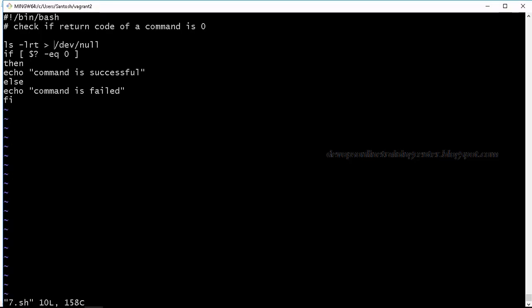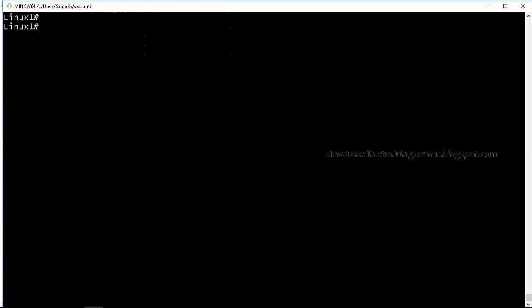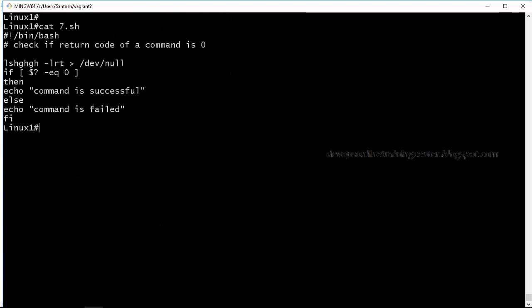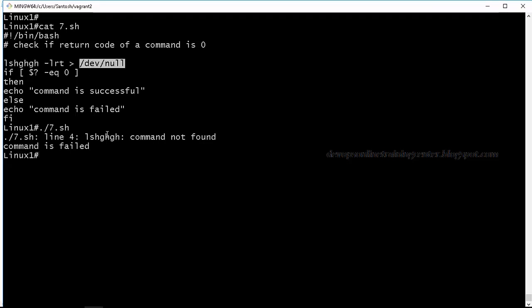Let us see whether it will show the error on the screen or not. We are redirecting the output of the command to null, and we have executed a command which does not exist. This should throw one error, but we'll see whether this error will be redirected to /dev/null or not. If you just say ./7.sh, even though we redirected to /dev/null, it has actually printed the error message on the screen, right?